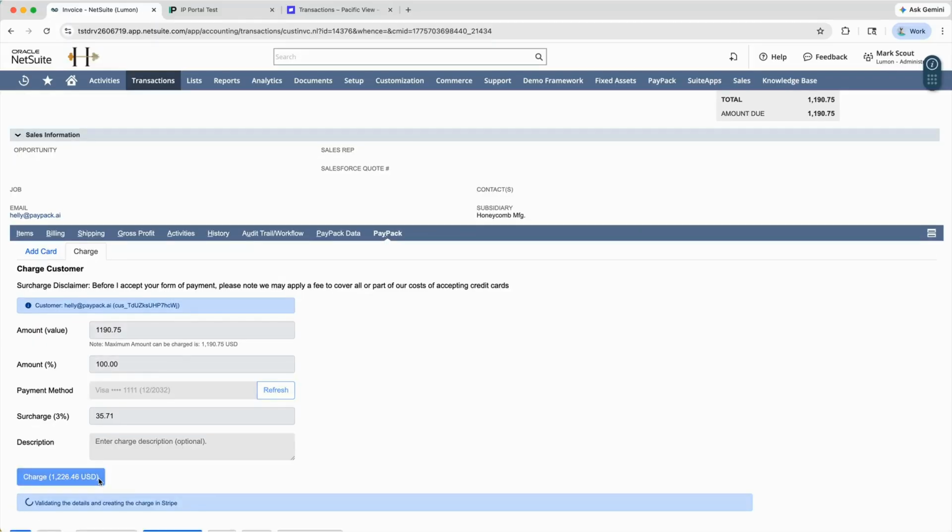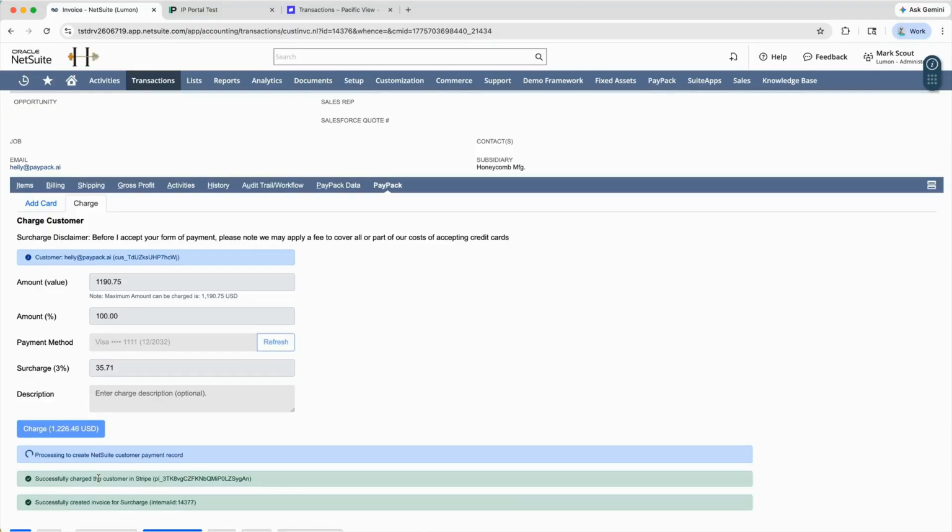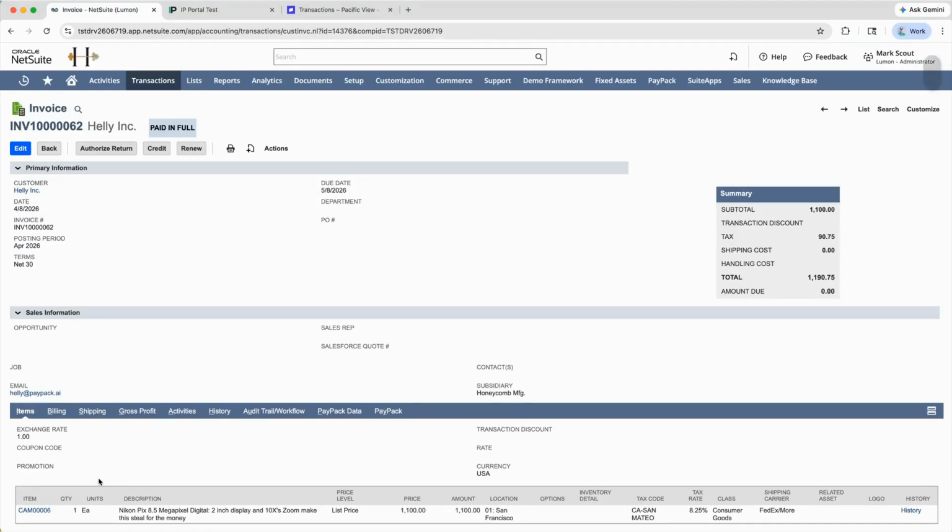PayPack will first check if Stripe accepts the payment request successfully. Once Stripe is successful, PayPack automatically creates the surcharge invoice. Then PayPack automatically creates the NetSuite payment too. After the invoice page refreshes, you will see the status go from open to paid in full because the NetSuite